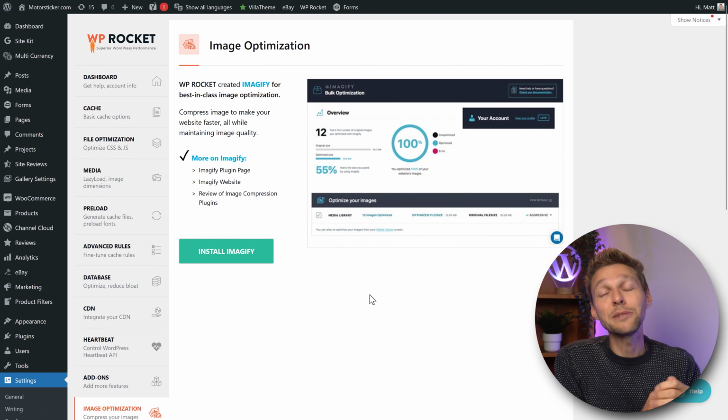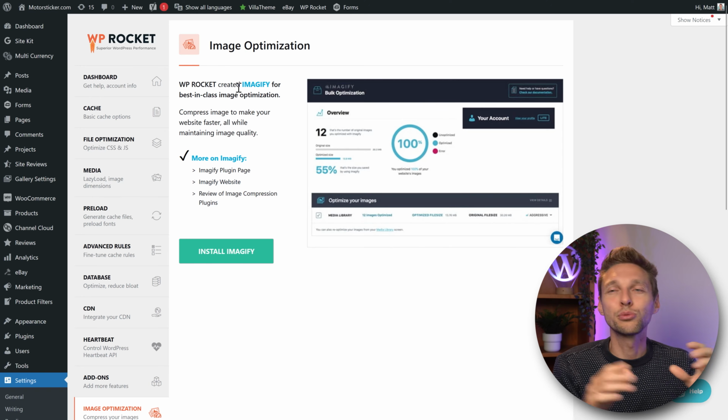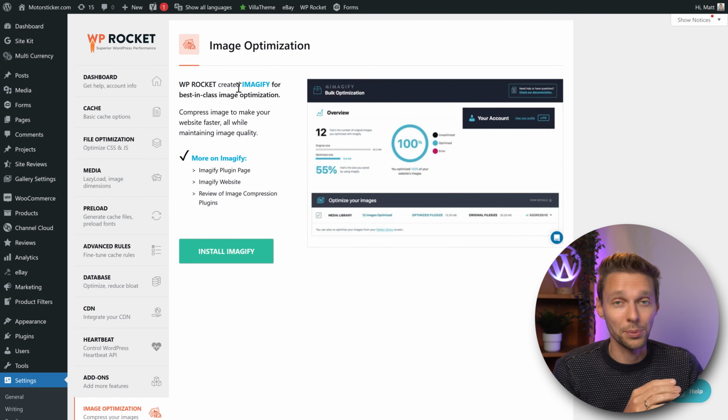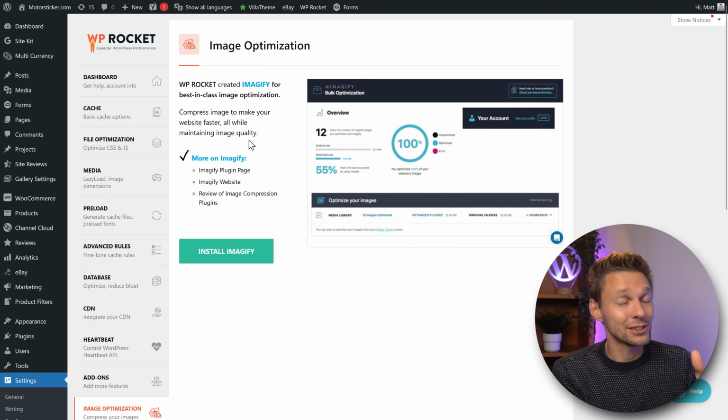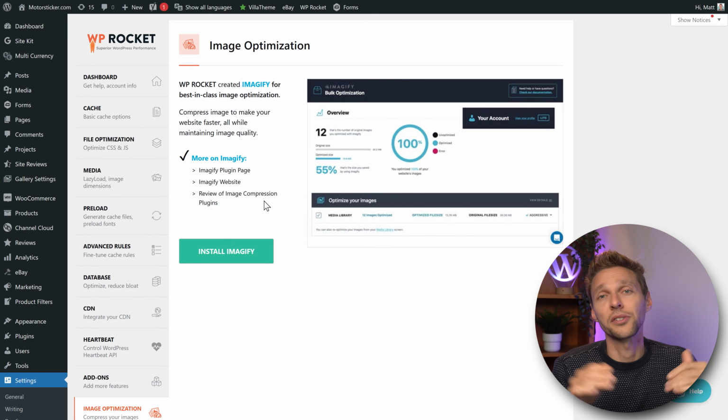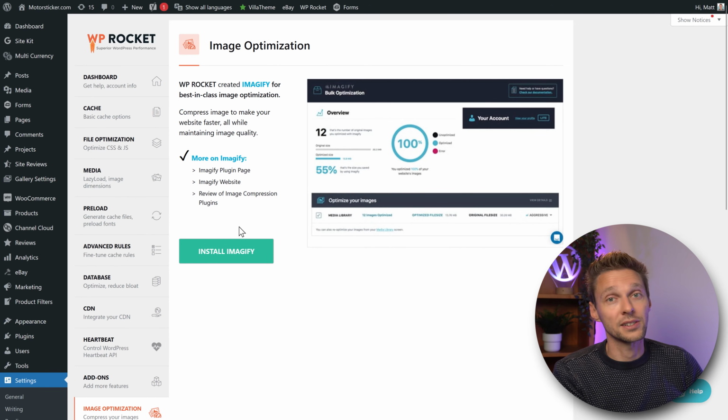If your images are really big, you need to use Imagify to really shrink your images. This plugin is actually a really good plugin to really compress your images on your website. If you have very big images and they tend to load very slowly, then next to WP Rocket, this will also be your next best friend. It's free for 25 MBs, I think, per month. So you could do a lot of optimization and run it each month for free, or you can just buy credits and do it automatically. It's a really amazing system. Let's scroll down a little bit.